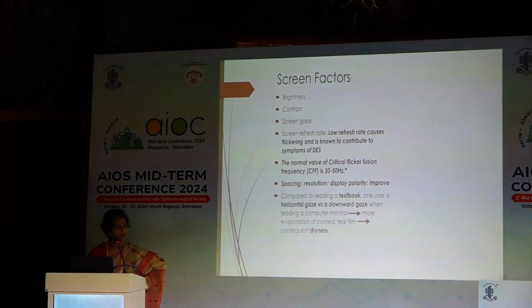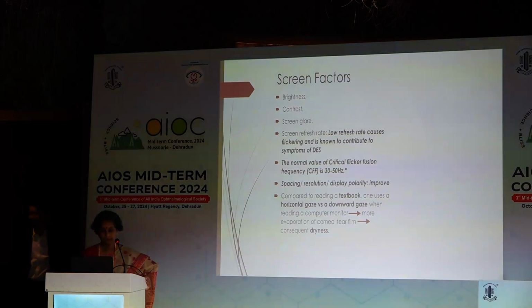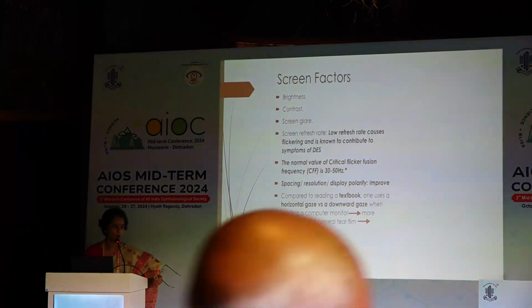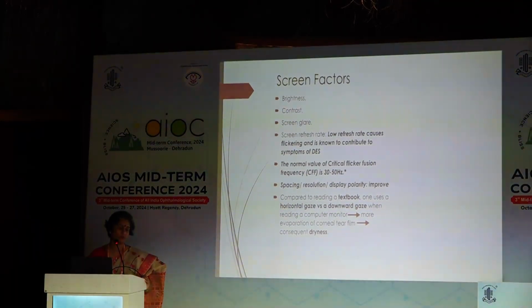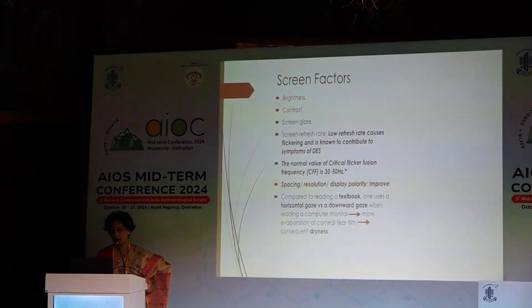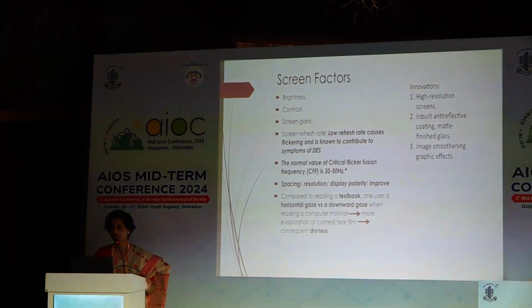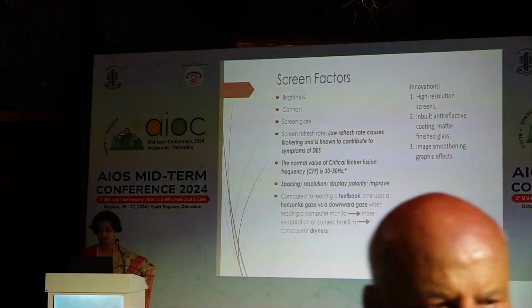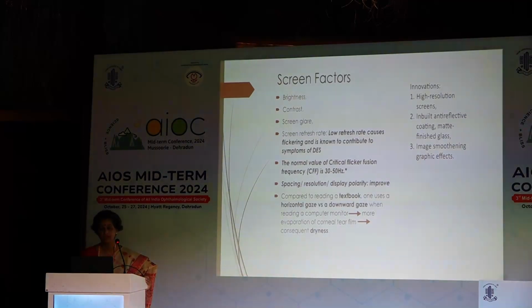Looking downwards has many advantages because it helps in the blink. It reduces the amplitude needed to blink. It completes the blink. So not just a blink happening, but a complete blink happening is important. And that reduces dryness. Also, it reduces the evaporation looking downwards, because the dryness also reduces because we're looking downwards, less of an exposed area. So, of course, there have been innovations in screen, including high-resolution screens, inbuilt anti-reflective coatings, matte finish glasses, image